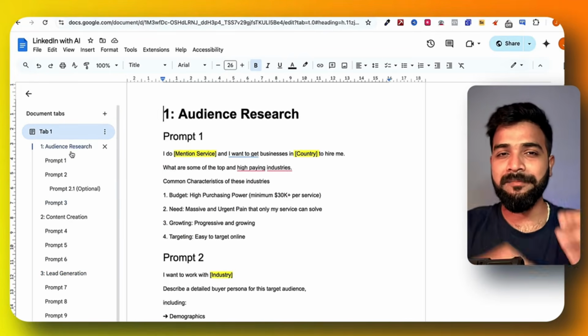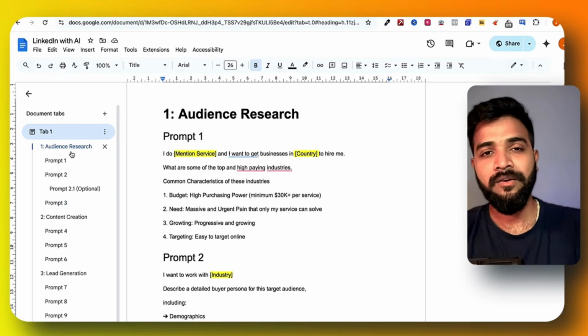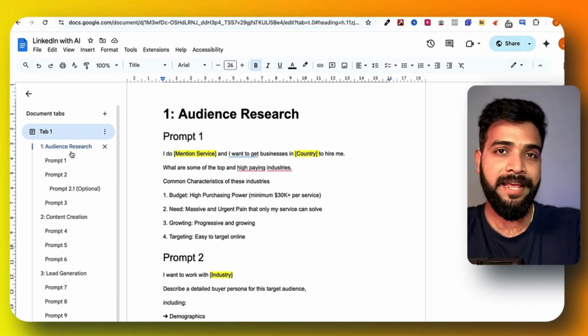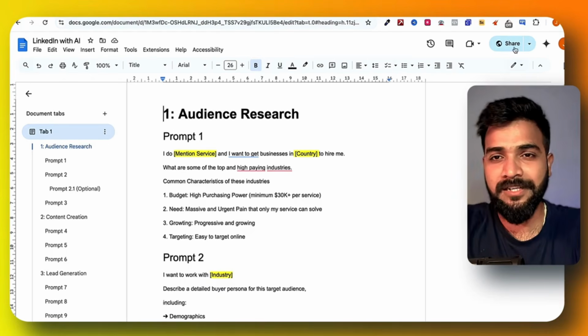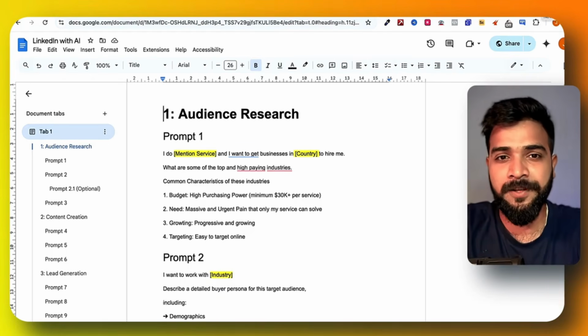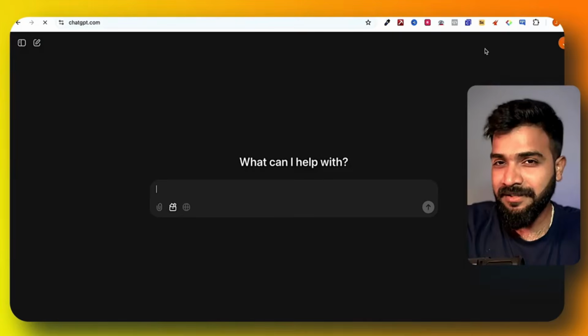Now, this is just the preliminary thing where we'll be using ChatGPT. And after that, once this is done, we'll be using a separate tool called AimFox to actually put our LinkedIn lead generation on steroids, right? That's what I have been using. I'll show you the results as well. Cool. So let's go to our trusty little ChatGPT, right?